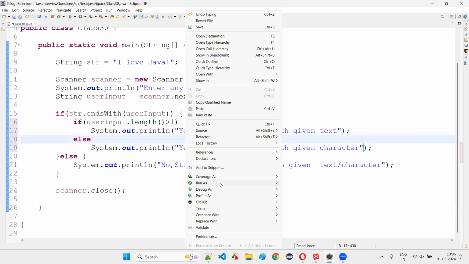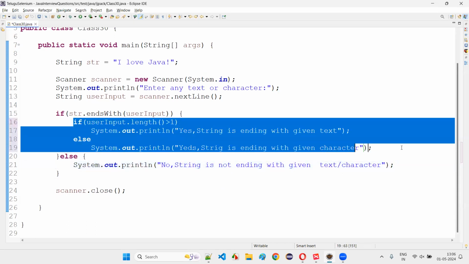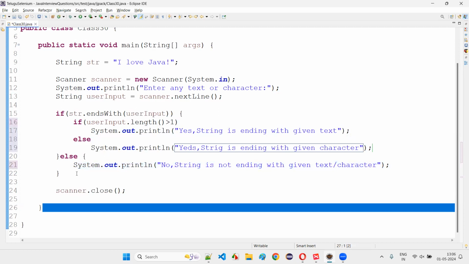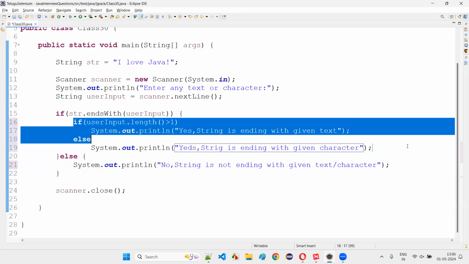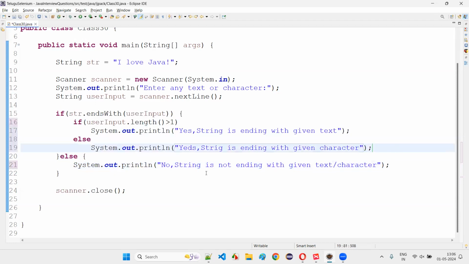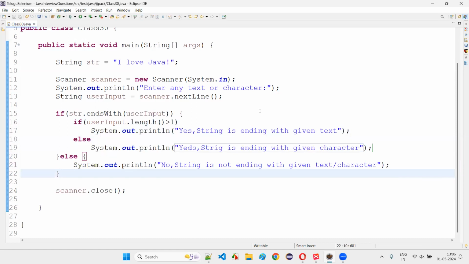Let's see what will be the output now. Run this code. The user may enter. No, string is not ending with a given text or character, fine. In this case, why put again else blocks and all those things? In the if satisfied condition, we'll write: no, string is not ending with the given